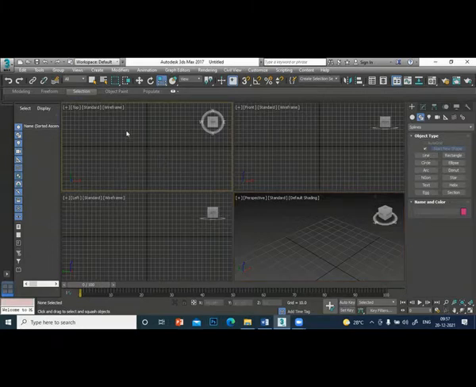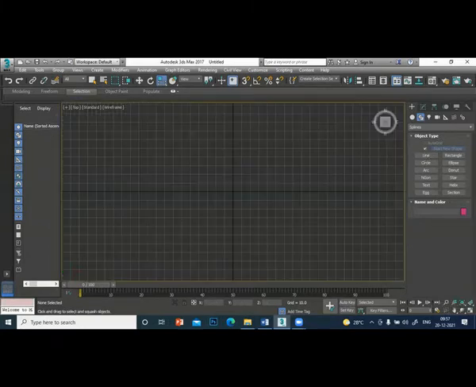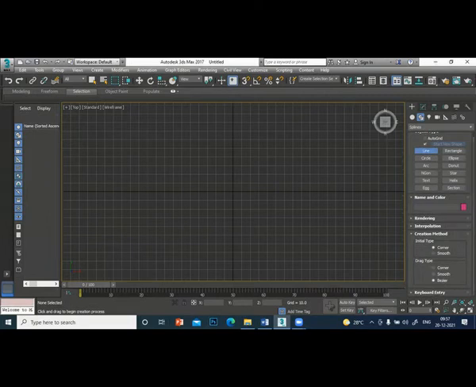So let me see the line command. I will make this one full. When I click line, there are many options available here. How will you create the line? Initial type corner, drag type corner.